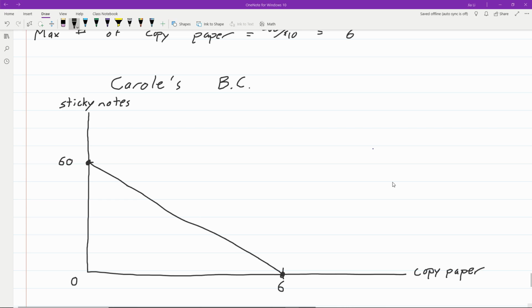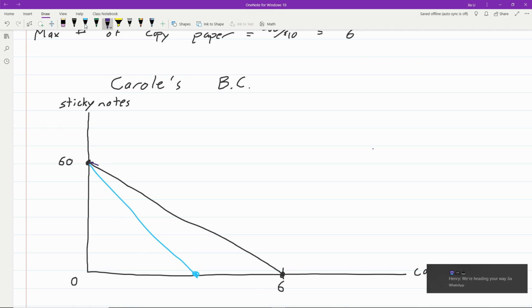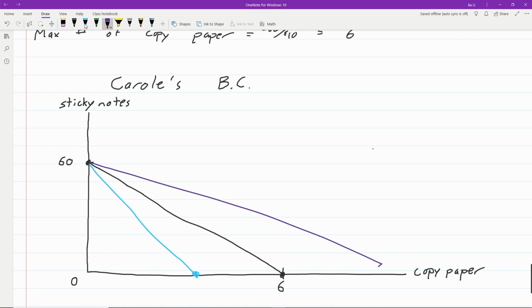So here, I copy pasted another version of the graph. If the price of copy paper went up, then it would just look like this in the blue line, and here in the purple is what it would look like if the price of copy paper went up. And let me get rid of that because